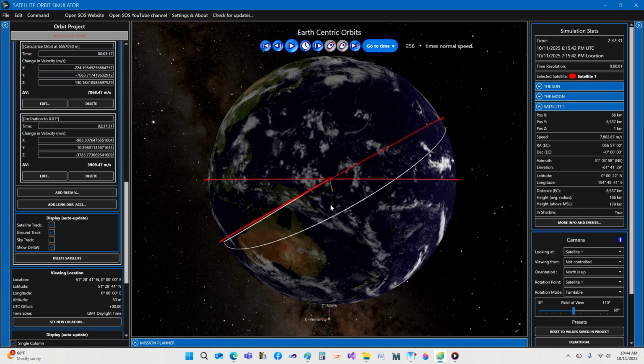The most efficient way to transfer from an orbit at one altitude to an orbit at another altitude is to use a Hohmann transfer orbit. First, we'll do a rocket burn to enter an elliptical orbit, assuming that our current position is perigee of this new transfer orbit. When we arrive at apogee of this transfer orbit, we'll do another burn to enter a circular orbit. If the apogee for this transfer orbit is 42,164 kilometers from the center of Earth, then our satellite will have an orbital period equal to 1 sidereal day,